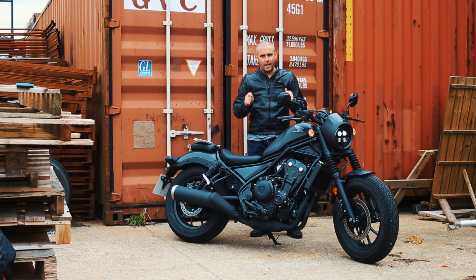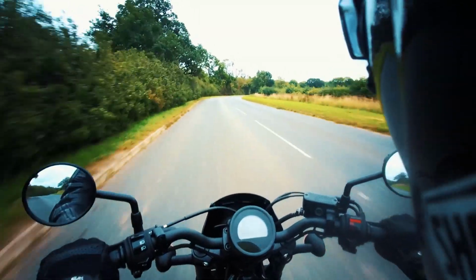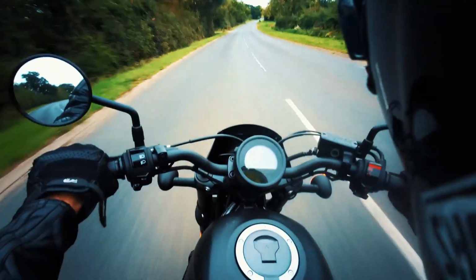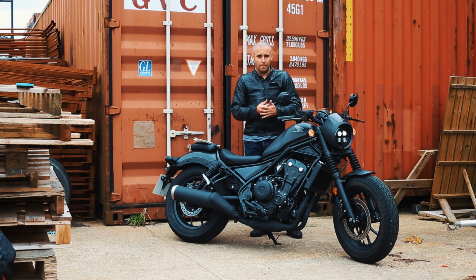But you do get a little bit of porpoising on the tyres, where the front and the back end don't quite know what each other are doing and the bike will sort of shimmy about a little bit. It's not a problem. It never feels like it's going to crash or chuck you off. It's just a lively little thing to ride, and it is down to those tyres. I don't know if there are other tyres that you can get that might give you a bit more of a confidence inspiring ride. I'm not 100% sure,